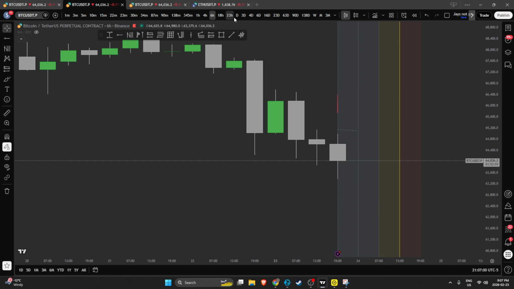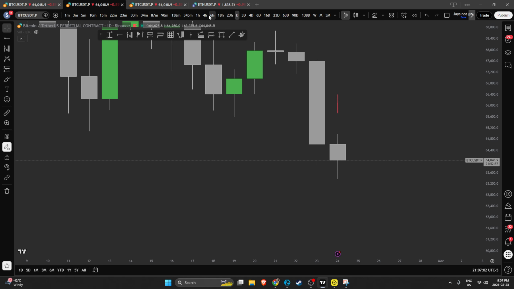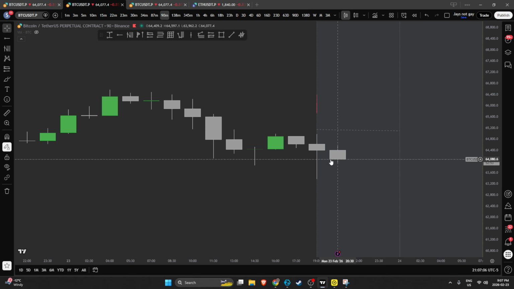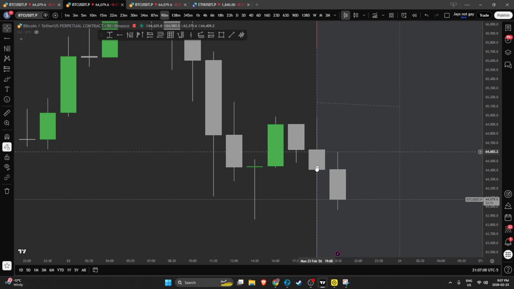So you guys need to understand that a higher time frame shift is also a lower fractal shift. Now, if I go on the 90, why are they not looking the same? It's because one 90-minute candle has already passed, right? So pretty simple.